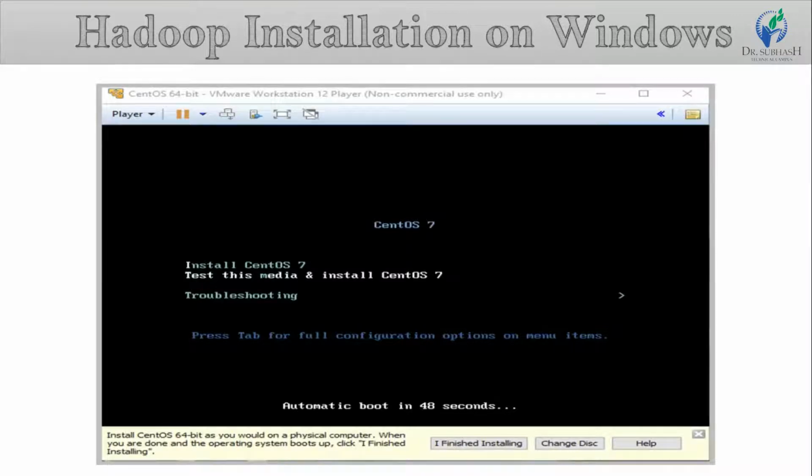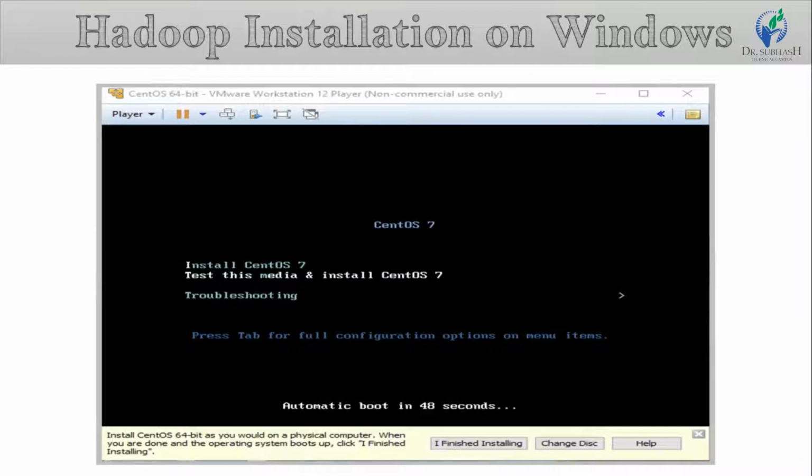Remember one thing, in the image you can see 3 options such as I finish installing, change disk and help. You do not need to touch any of these until your CentOS is successfully installed.